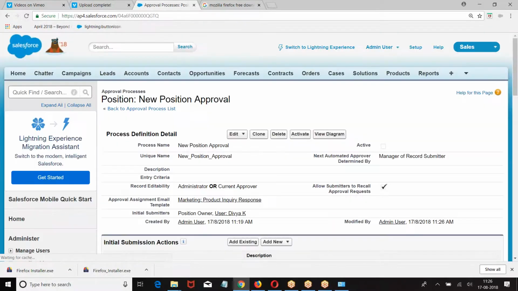So how many steps are involved? If the amount is more than 1 lakh, 2 steps. If it is less than 1 lakh, only 1 step.